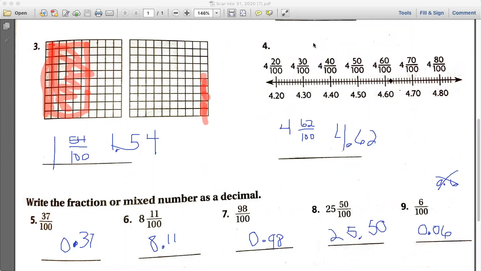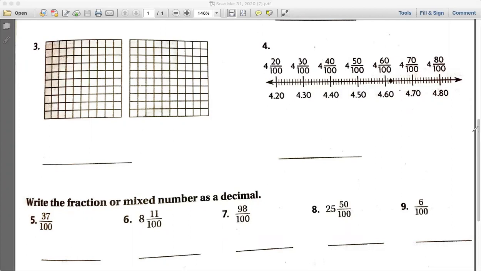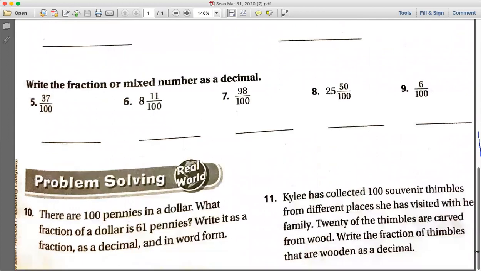All right, let's clear all. So you can see that. Let's clear all our drawings. And then let's go down. Oops, mouse. Go down. Okay, here we go. All right. There are 100 pennies in a dollar. What fraction of a dollar is 61 pennies? 61 out of 100, 61 hundredths, right? Write it as a fraction, as a decimal, and in word form. Okay, so where am I going to put it? Put it up here. Okay, so 61 hundredths